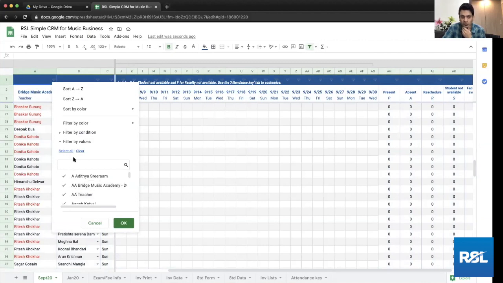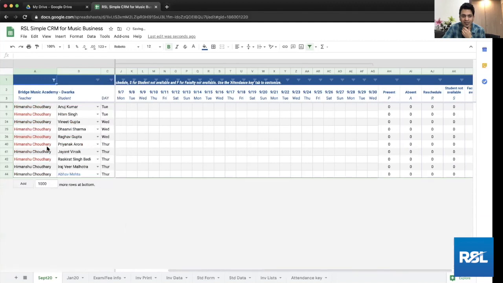So you need to select those. Once you clear it, you can select these two, right? And I've purposely put AA here so they remain on the top of the list for you to select. So you first select these two and then you select any teacher. Say Himanshu Chaudhary, I do this, and I will see the attendance for this particular teacher for this month, and I will know which days and dates that attendance is marked upon, right? So this is how it works.